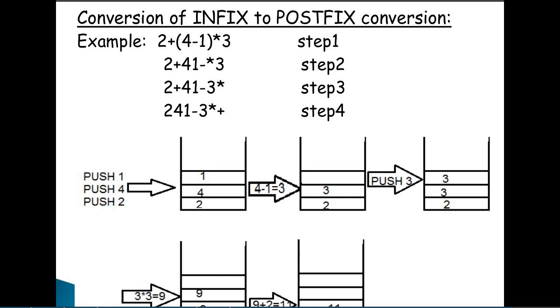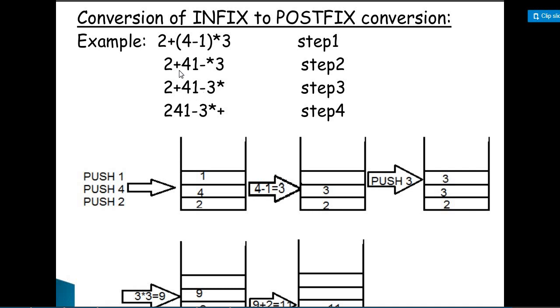Now you can see the procedure here. We can convert from infix to postfix. So 2 plus, then in the bracket 4 minus 1, then multiplication 3. This is the first step. If you want to convert into postfix, first of all we have to evaluate this bracket, right? In the bracket it is written 4 minus 1, so it will be evaluated first, and in postfix notation it is 4, 1, and then minus. So it will be converted like this. Then there are three different components: 2, this entire bracket part, and this 3. So it will be calculated separately.